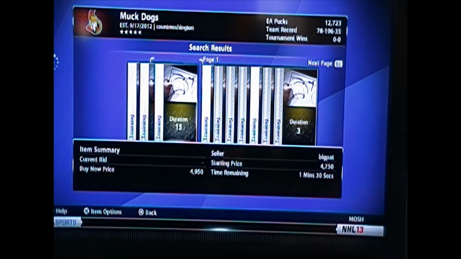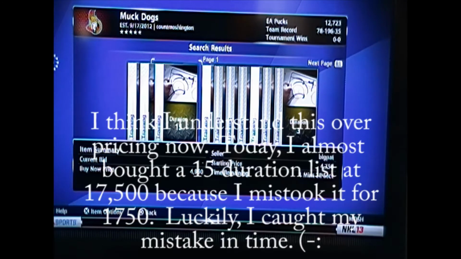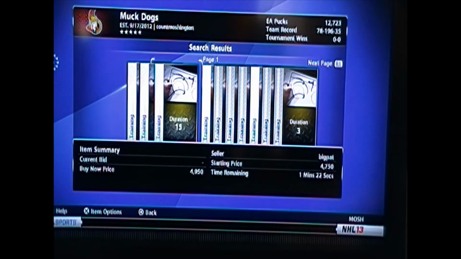I don't know who's paying 15,000 for this. It was probably somebody just trying to see if they can get that, because we all make mistakes if we don't know the price. But generally it seems to be between like 4,500 and 6,000 for the buy now prices on the